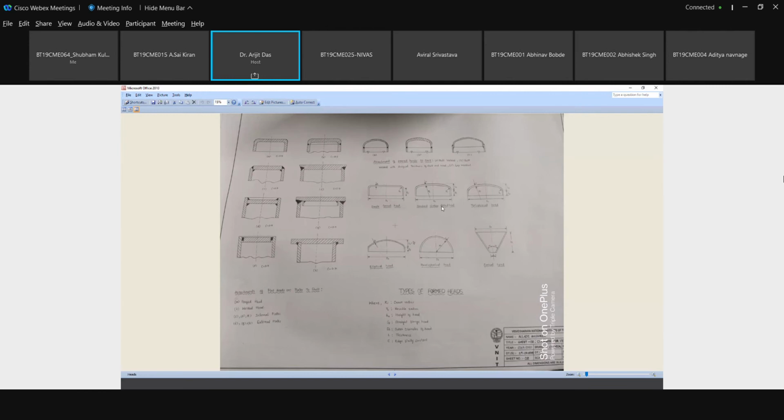So you have to show all the formed heads mentioning its name, its different radii, knuckle radius, crown radius, diameter of the shell, okay, all this, and you will get this figure from Joshi's book or Bhattacharya's book. So this is the first assignment. That is the assignment number or sheet number 3, and the next is